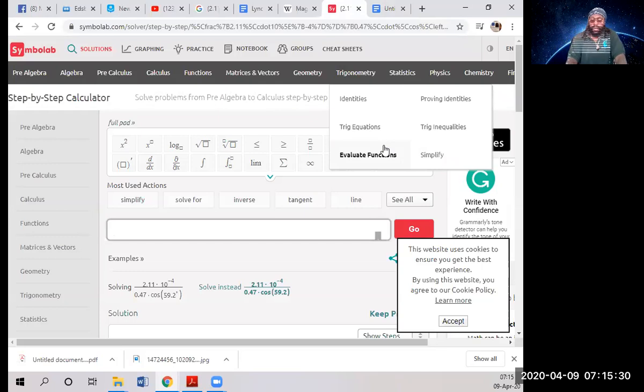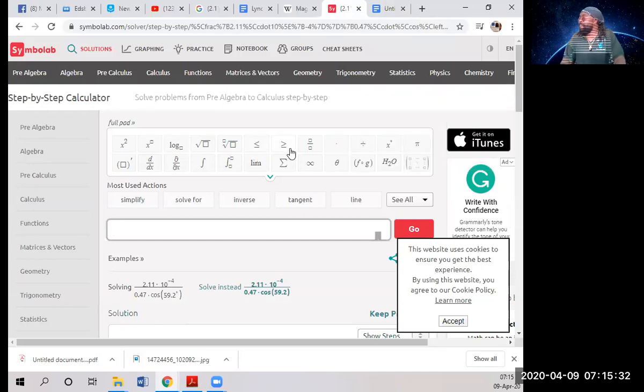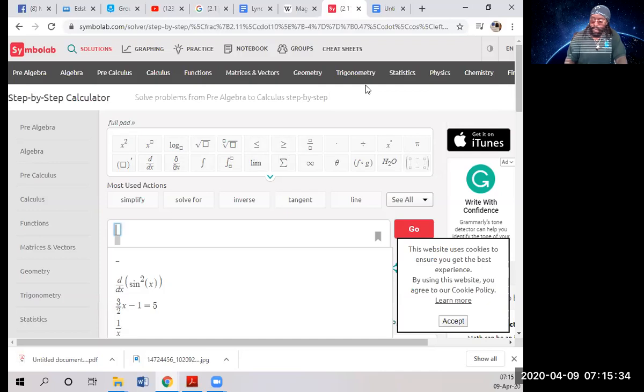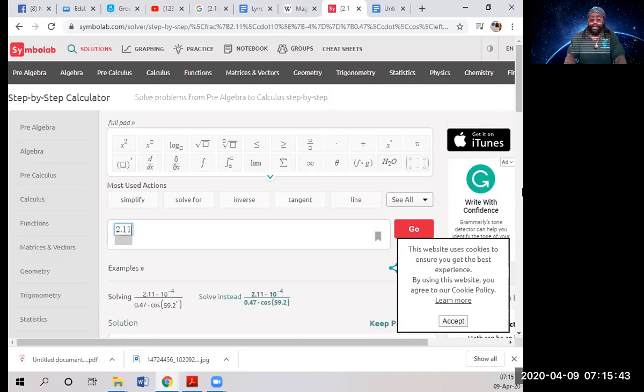I'm going to use a quotient, and you just click on this. It makes a fraction for you. This is your numerator. This is your denominator. So in the numerator, I'm going to type 2.11 multiplied, I'll hold Shift and press 8,